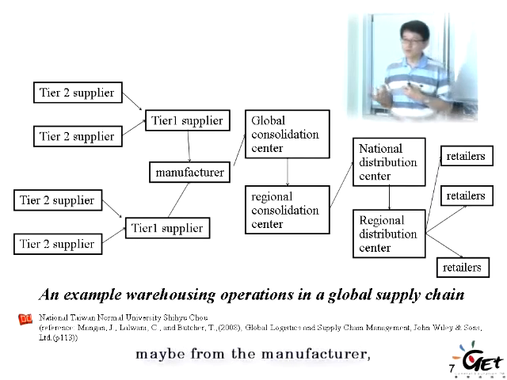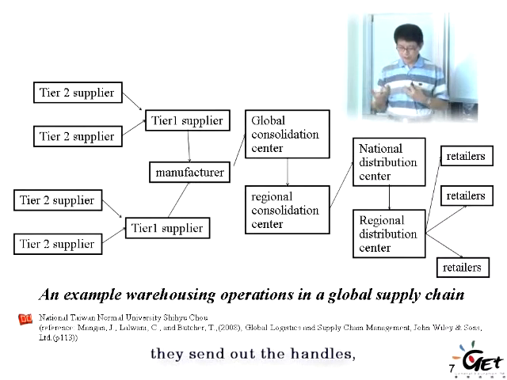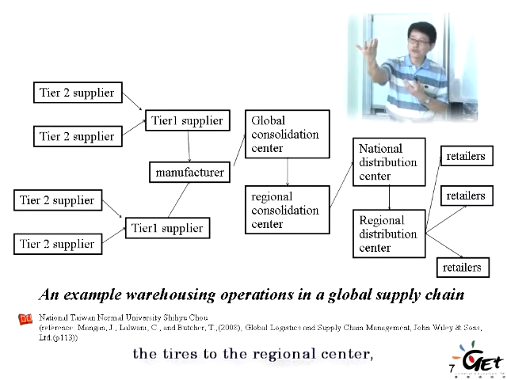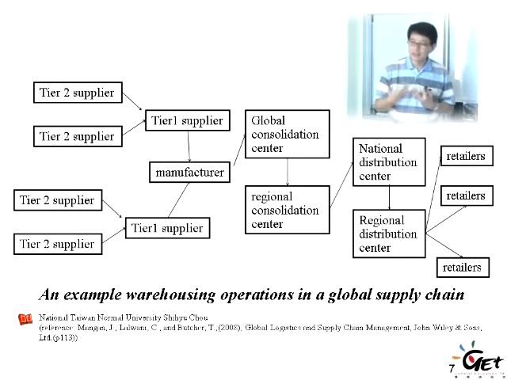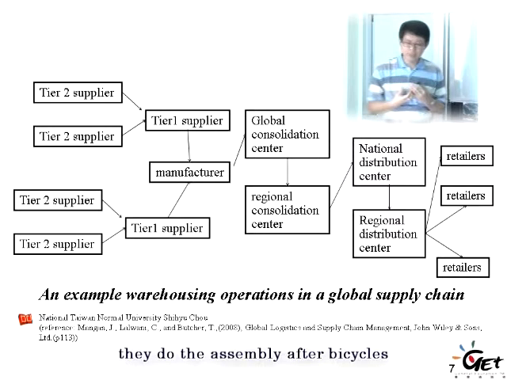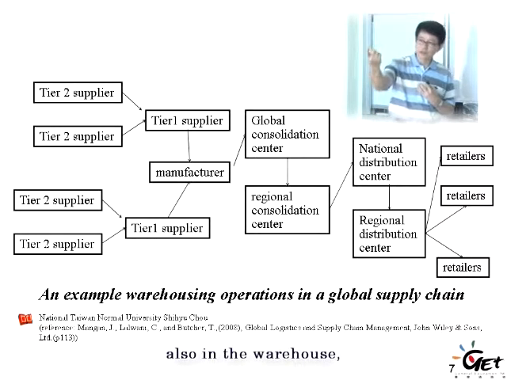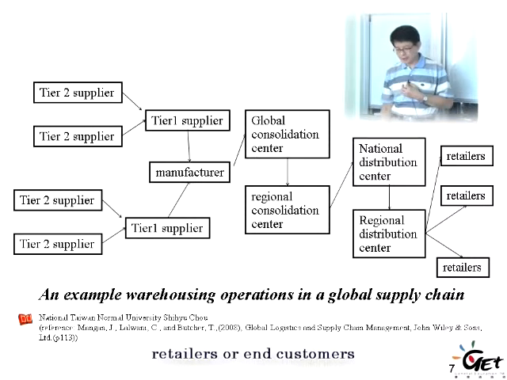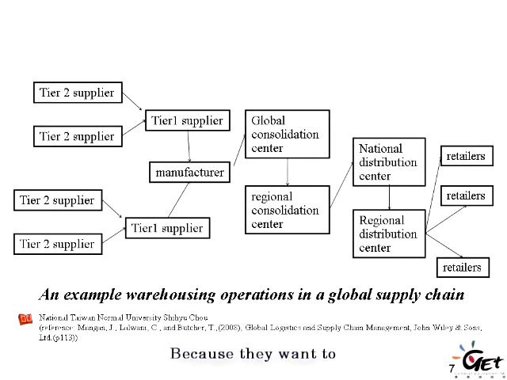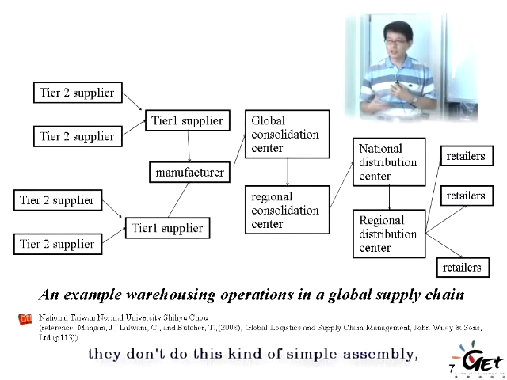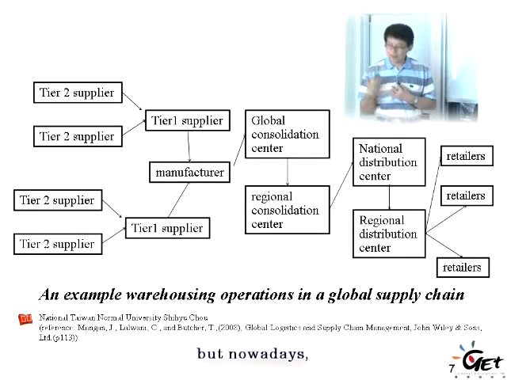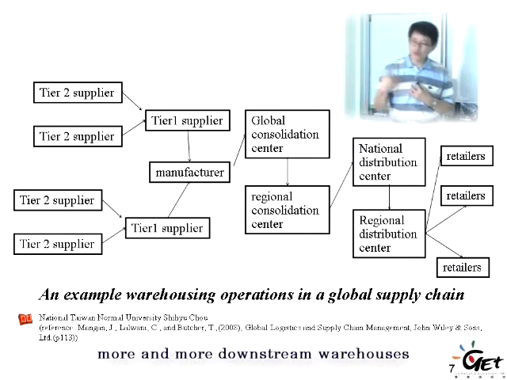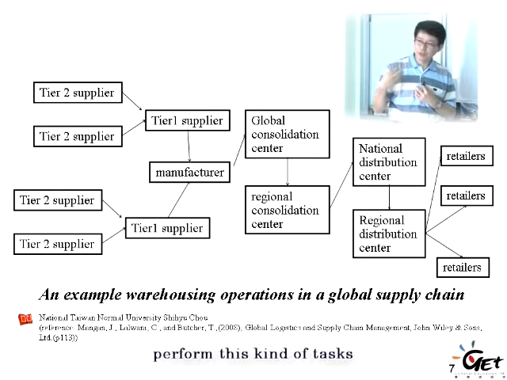For example, a bicycle, maybe from the manufacturers, they send out the handles, the bicycle frames, the tires to the regional center or regional distribution center, etc. Okay, and then they do the assembly of the bicycles in the warehouse, according to the orders from their retailers or end customers, right? Because maybe they want to do customization for their customers. Traditionally, they don't do this kind of simple assembly, but nowadays, more and more downstream warehouses perform this kind of